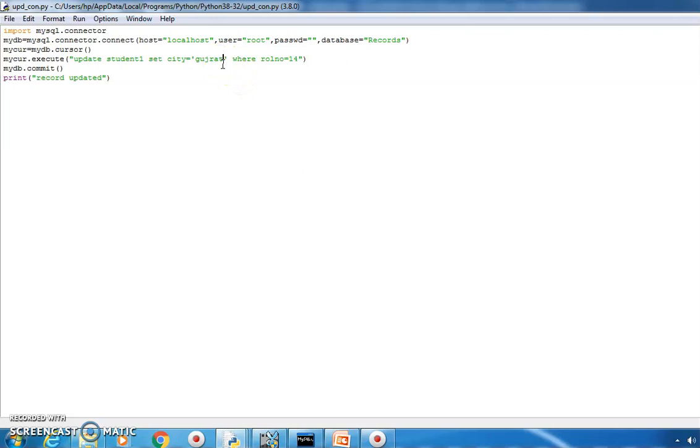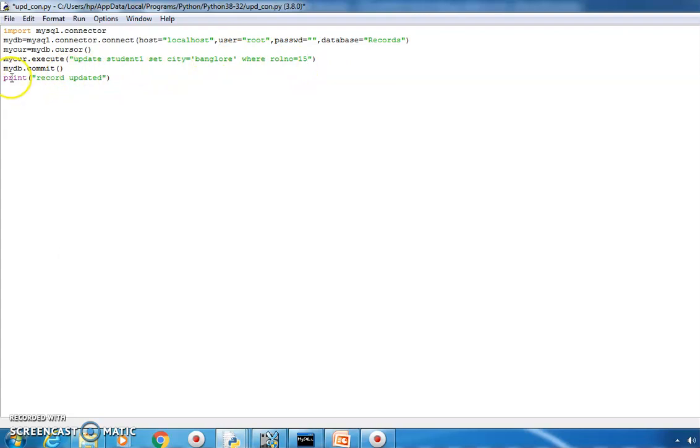This time, just to show you how the update command executes, I am changing this. I am going to change the city to Bangalore where roll number is equals to 15. For roll number 14 I have already changed it, but to show you, I have to write the query in front of you. So: update table name, set city equals to Bangalore, where roll number is equals to 15. Make sure that you put your varchar or character type data in single quotes only.